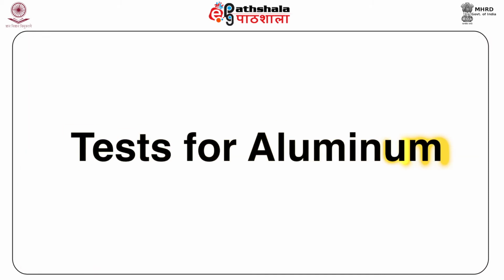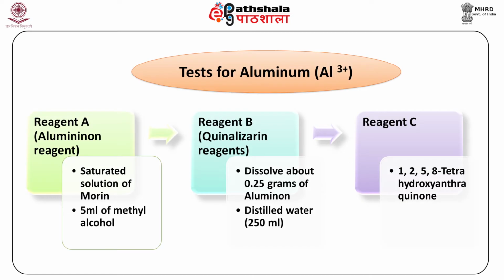Next is the test for aluminium. Reagent A, or aluminium reagent, is prepared by adding saturated solution of morin in 5 milliliters of methyl alcohol in a small bottle. Reagent B, quinalizarin reagent: dissolve about 0.25 grams of aluminum in distilled water, that is 250 ml. Reagent C,